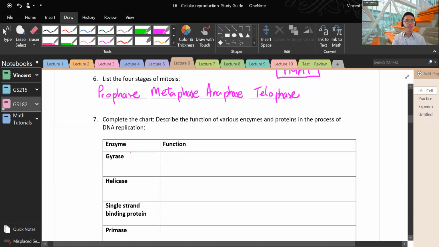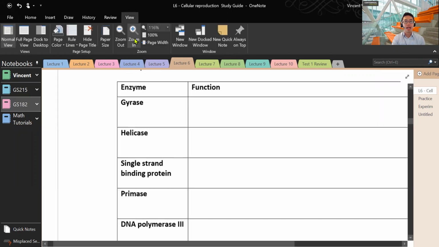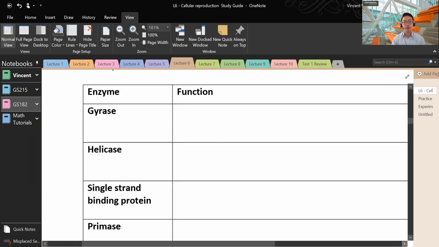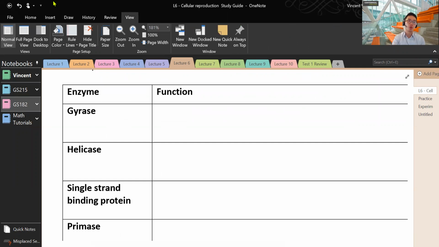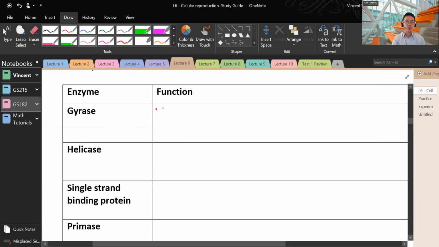Okay, next, let's complete the chart below, describing the function of various enzymes and proteins in the process of DNA replication. So these are all enzymes that are necessary for the process of copying all your DNA. Okay, so we start with gyrase. The purpose of gyrase, what is it? Okay, so gyrase is an enzyme that relieves tension in the DNA strand